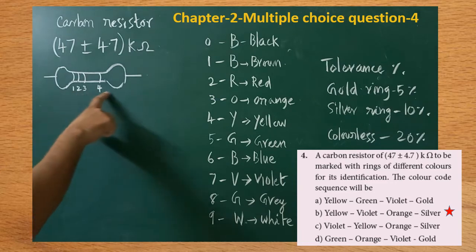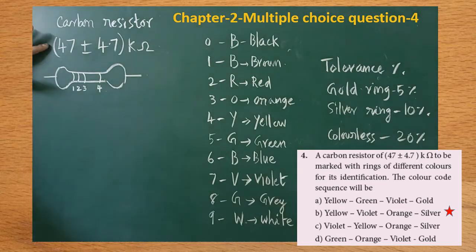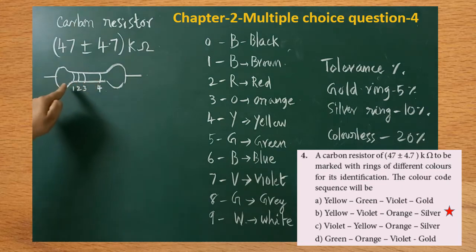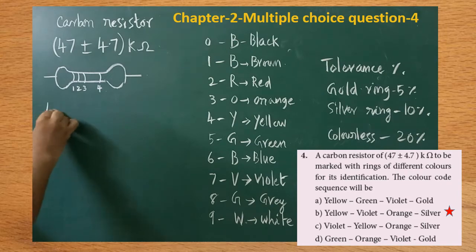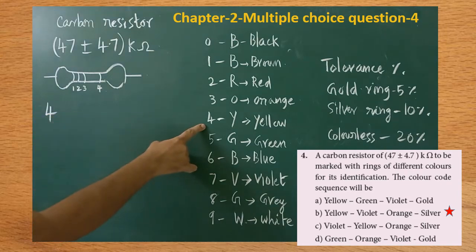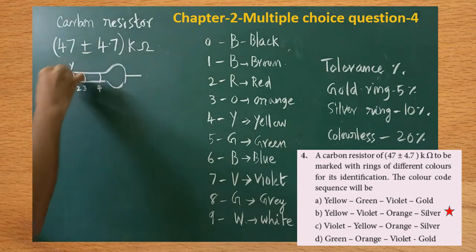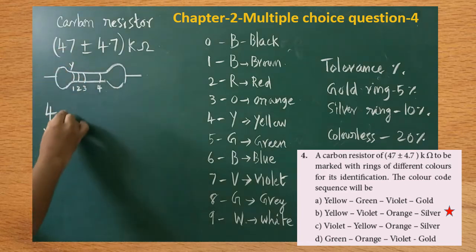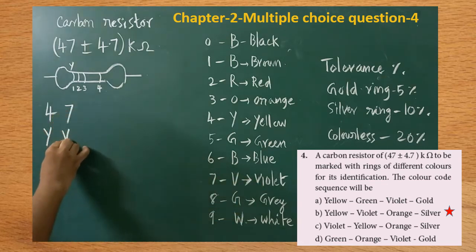In any carbon resistor, 4 color codes are drawn. With the help of these, we are able to find out the resistance value. So here, using this resistor value, we have to find out the color codes drawn on the carbon resistor. Let us take the first value, 4. Just against 4, yellow is there. So the first color code must be yellow. Are you clear? What is the next number? 7. Against 7, which one is there? Violet. So the second color code must be violet.